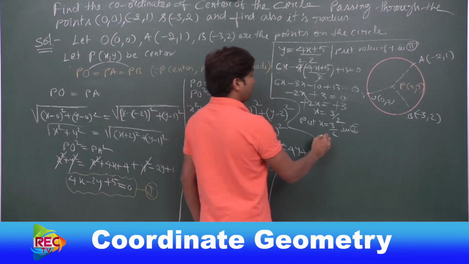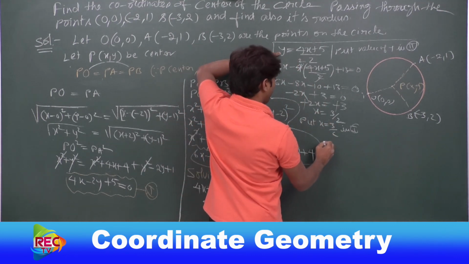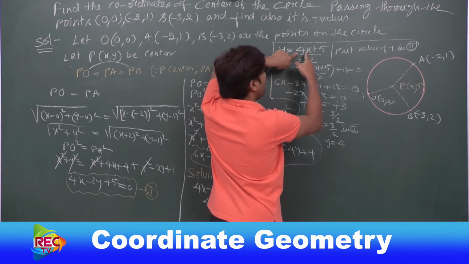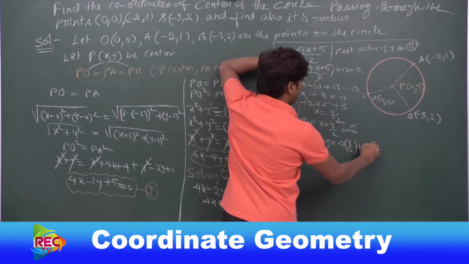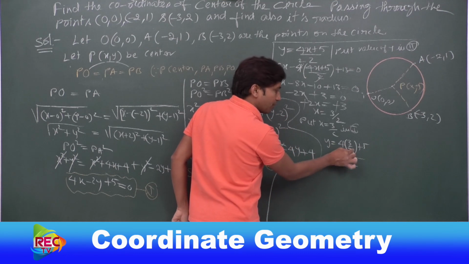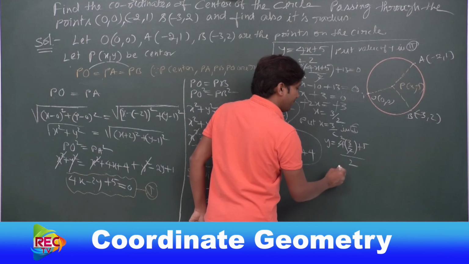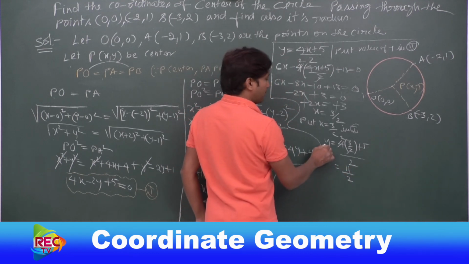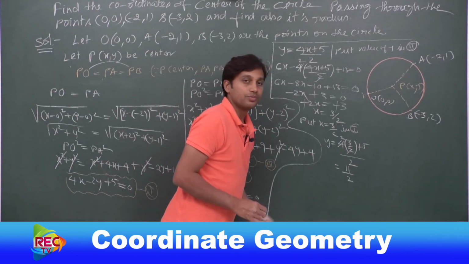Now tell me, x equal to 3 by 2 we put here, just see, the y value we obtain as 4 into the x value, which is 3 by 2, plus 5 upon 2. Now we can cancel this 4 with 2, 2 into 3 is 6, plus 5, 11 upon 2. So we obtained the value of y as 11 by 2.